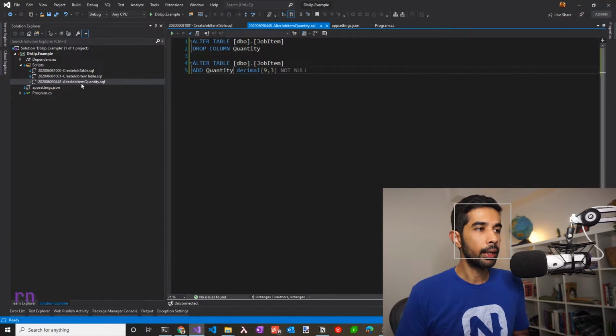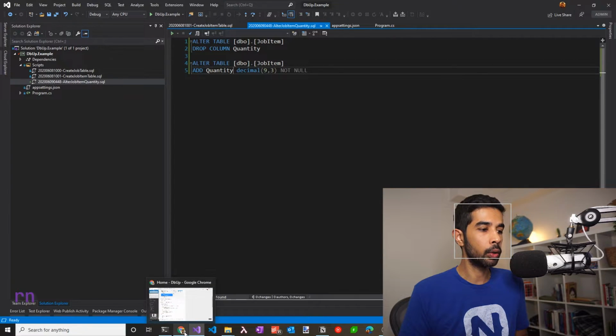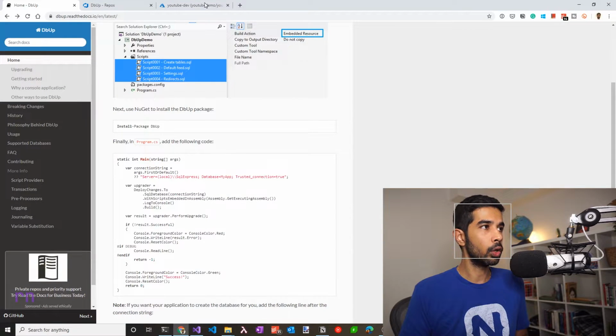I have already committed this repository except for this last file that we just added. So let's keep it like that so that we can use this to see how to reliably propagate your changes through the environments. So we'll first set up the deploy pipeline for the source code that's already pushed into the repository. So let's go to the Azure DevOps.